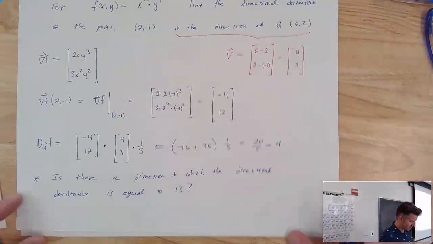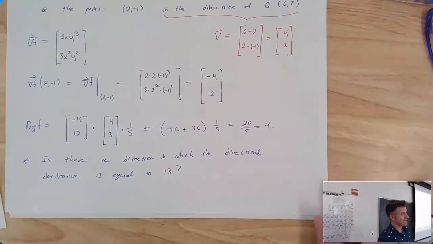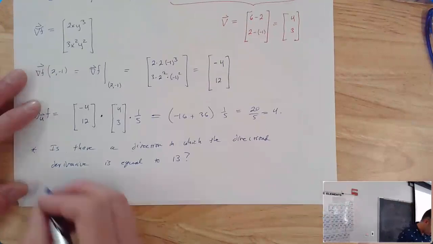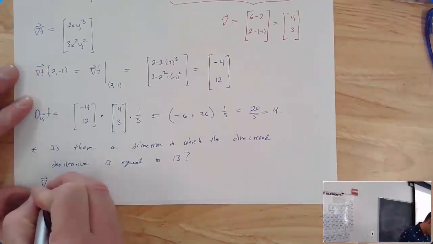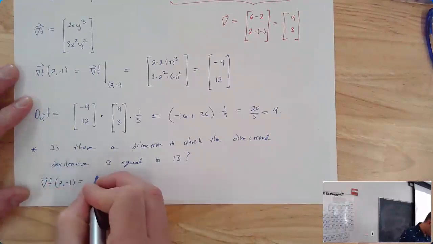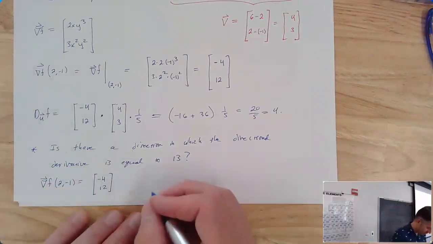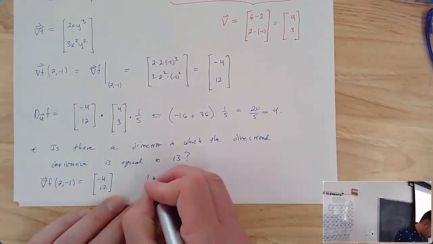Is there a direction in which the directional derivative is equal to 13? The question they're really asking us is, can the directional derivative ever be as big as 13? So if I take my gradient, here's my gradient at the point. My gradient at (2, -1) was equal to <-4, 12>. And if I take the magnitude of that,